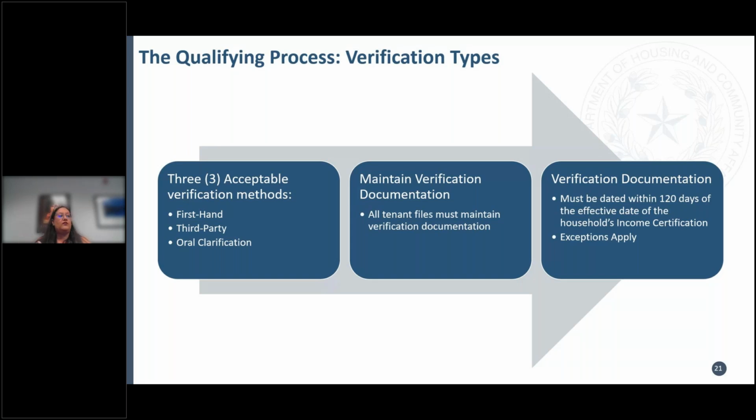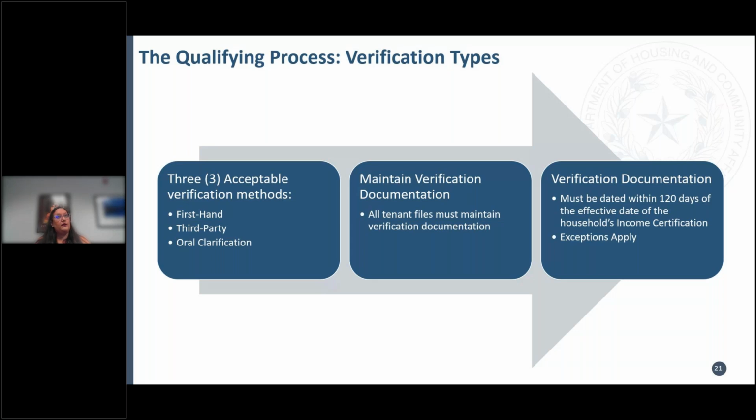Or if they want to self-certify, that they babysit and make $100 a month or something like that. You want to make sure that all your tenant files maintain the verification documentation and that you do not have a missing piece of the puzzle. So the good theory is that when you get a file, it should tell a story. And so I should be able to, when I monitor your files, go from, oh, here's what it was when they came into the office.